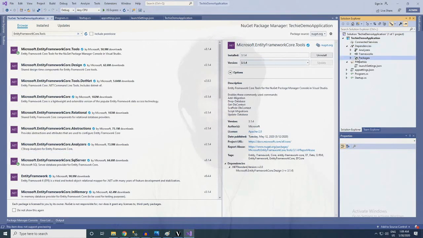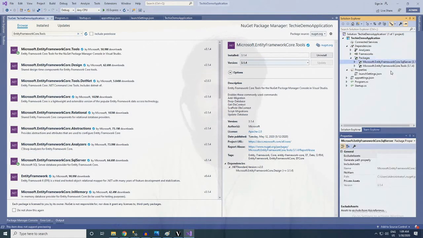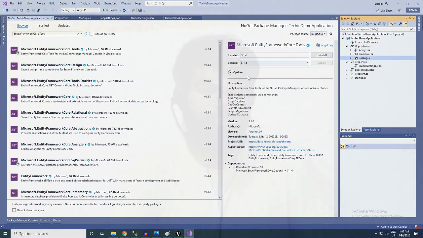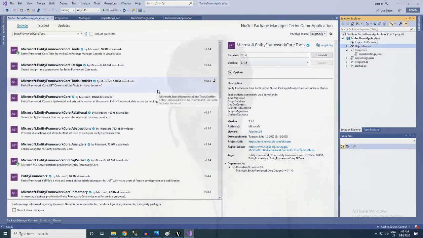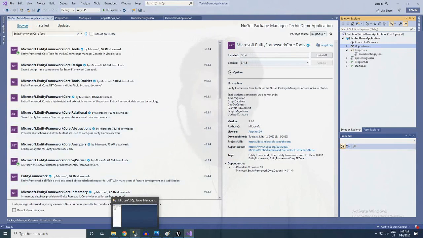So these will be used to connect our database using code first approach. And I forgot to say that we are going to create our API using code first approach, which means we are not going to write any single query in SQL Server. Using C# code, we can create a SQL database, and we can insert the data also.